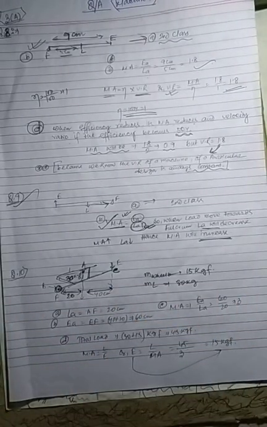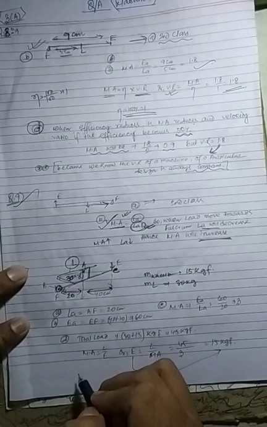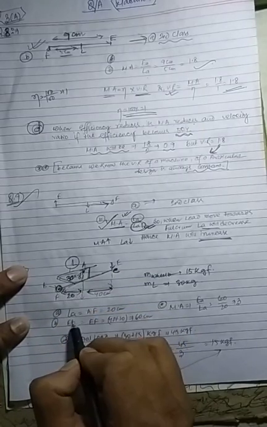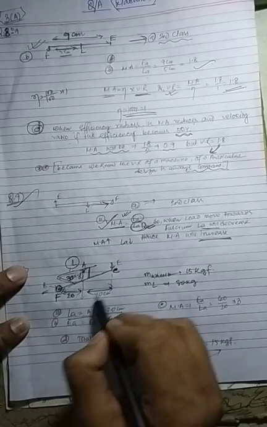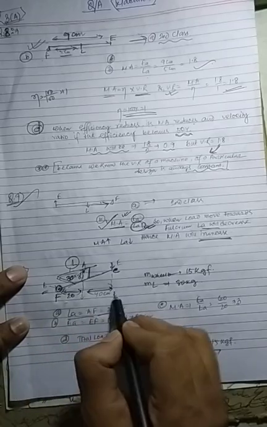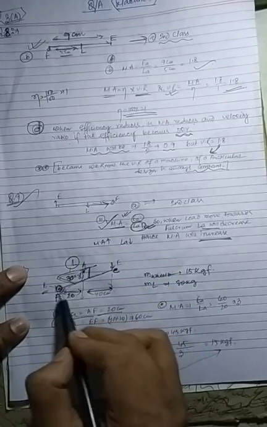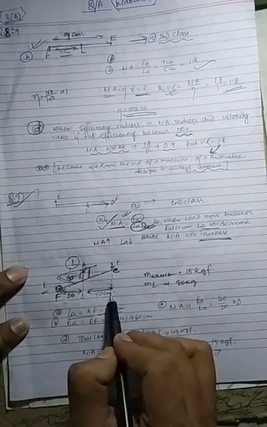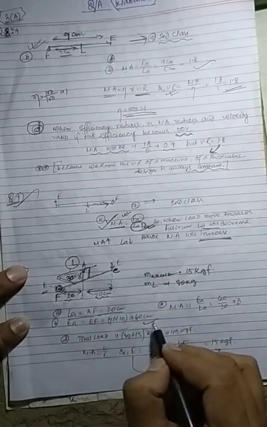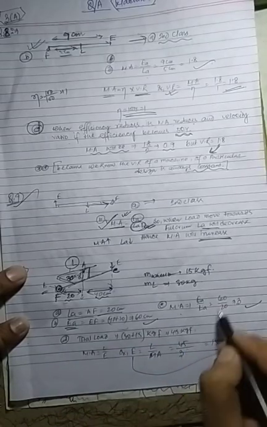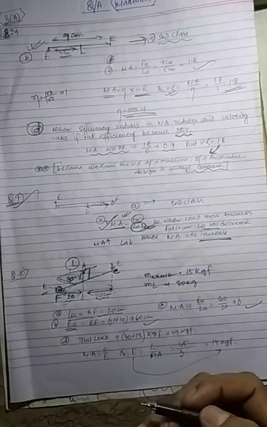Now students, this is the load arm. A means load. So load to fulcrum, that is the load arm. So 20 is the load arm. B means fulcrum, C effort. So fulcrum to effort means effort arm, second class lever, students. Fulcrum to load is this distance 20, so the total fulcrum to effort is 20 plus 40, that means 60. So effort arm is 60. Now mechanical advantage is 60 by 20, which is 3. So now we got the mechanical advantage.